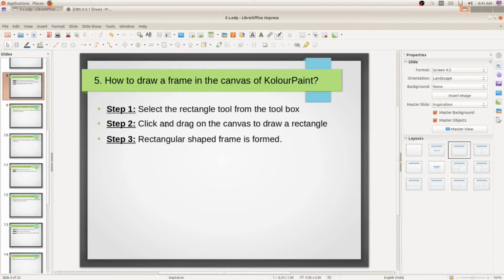You click on the canvas and drag the mouse. Finally, a rectangular shaped frame is formed. Hope all are clear about this question. Please take down this in your notebook.